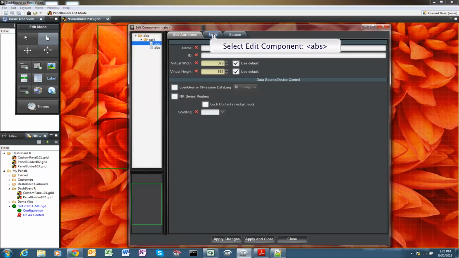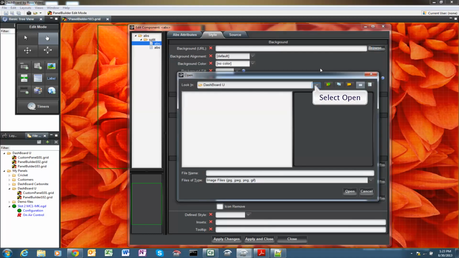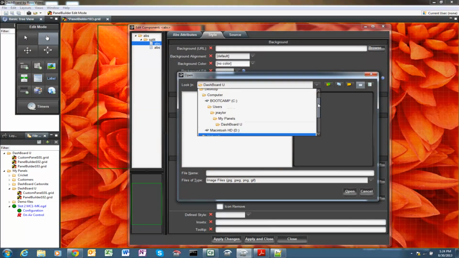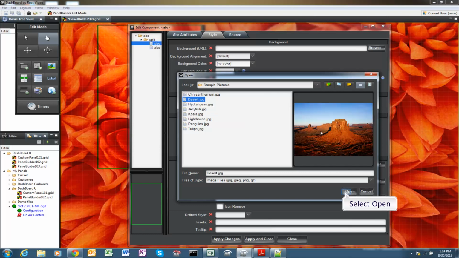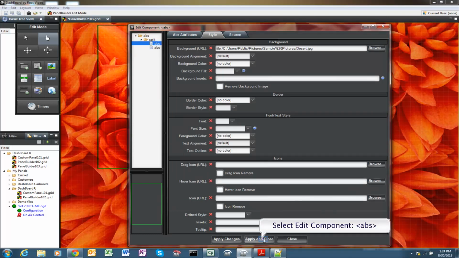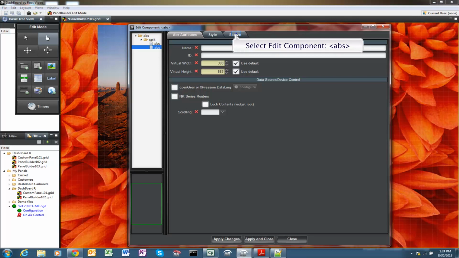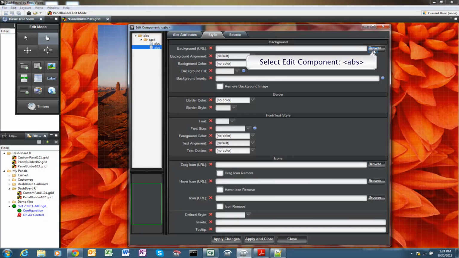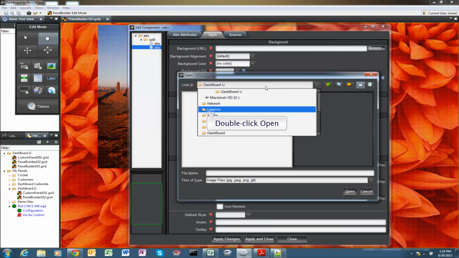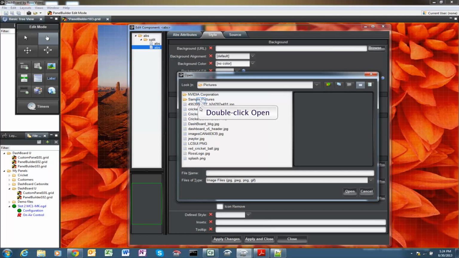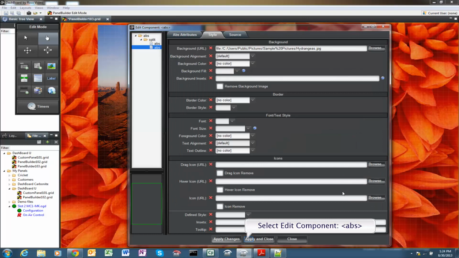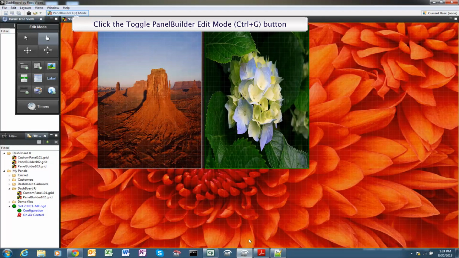Let's make that clear by applying a different image to these. Okay, this is a split.